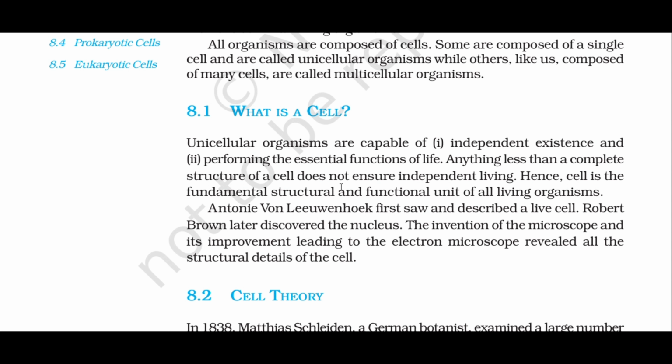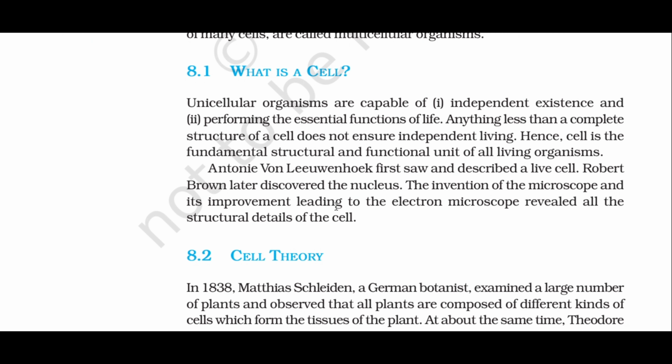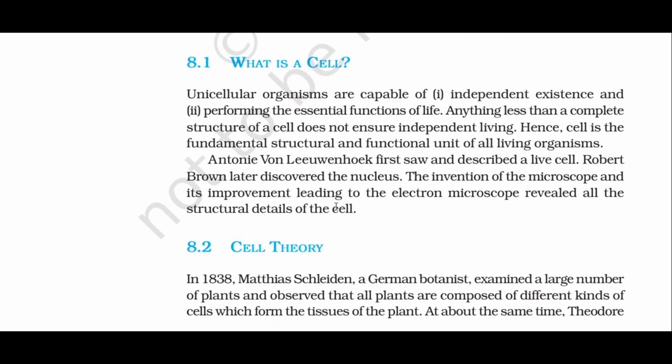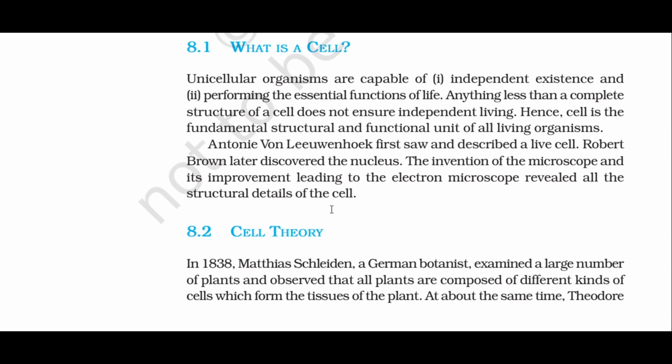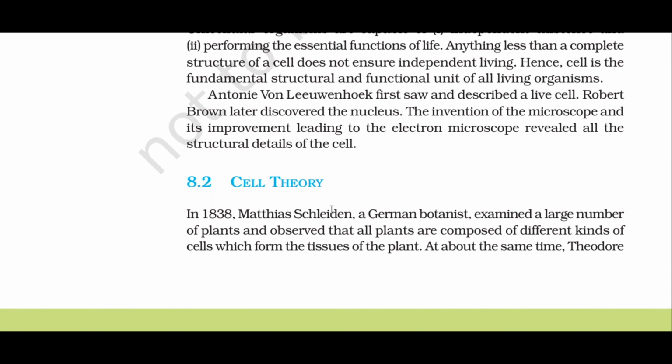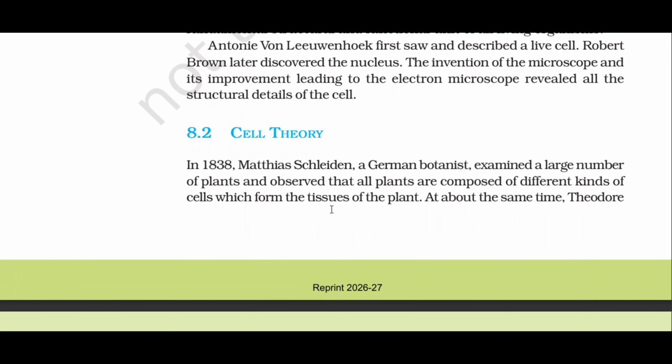Antony von Leeuwenhoek first saw and described a live cell. Robert Brown later discovered the nucleus. The invention of the microscope and its improvement leading to the electron microscope revealed all the structural details of the cell. 8.2 Cell theory. In 1838, Matthias Schleiden, a German botanist, examined a large number of plants and observed that